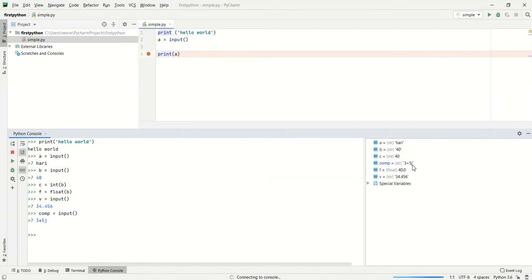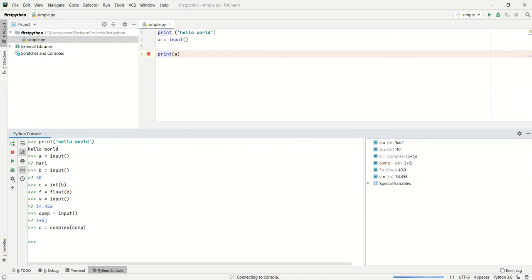If we want to convert that particular variable into a complex variable, then you have to use complex. c equals complex of the variable, which creates a complex variable c with the value 3 plus 5j, which basically converts a string into the complex variable.